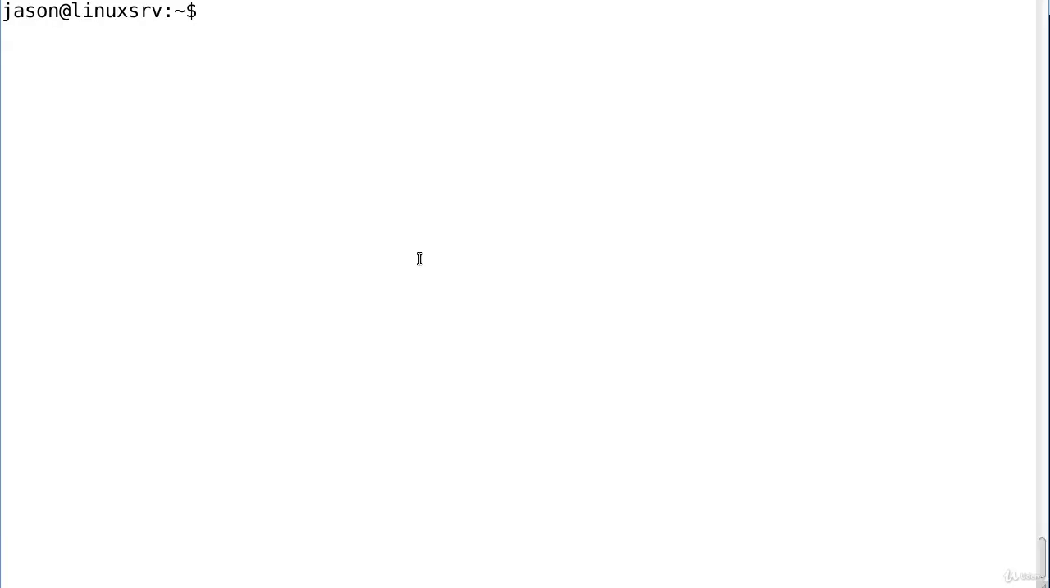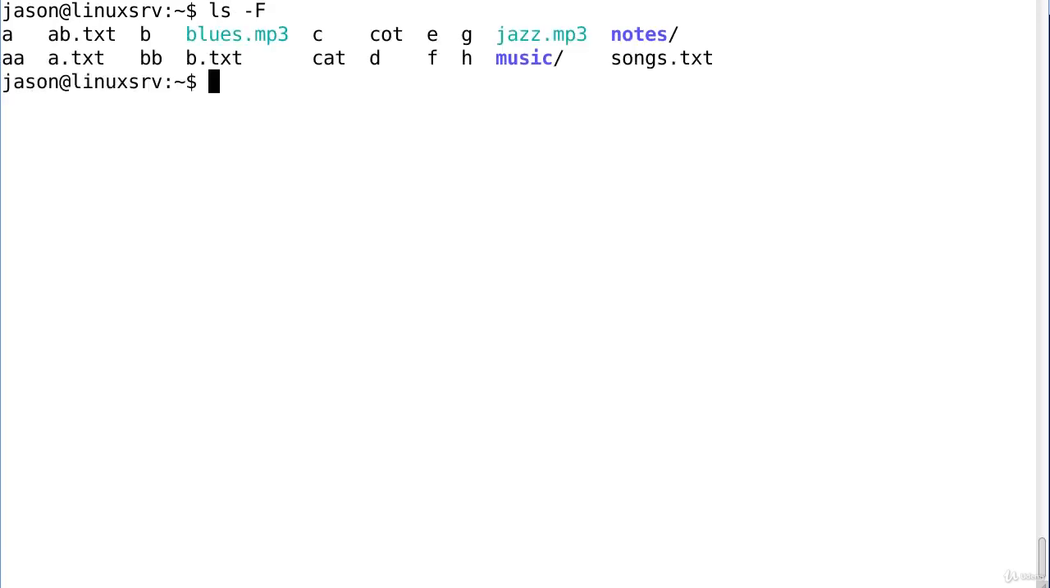Let's do an ls to get our bearings and see what files and directories we're working with. Let's use the asterisk or star and match all the files that end in .txt. ls *.txt. What just happened is the shell performed a globbing operation to expand *.txt, and it passed those results to